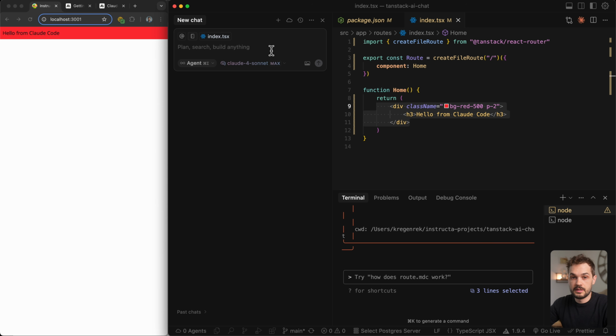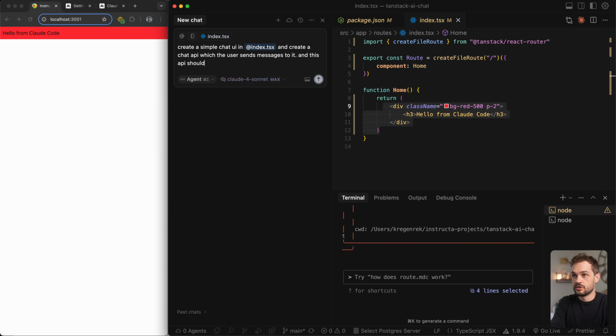For example, if you want to build a simple AI chat or a chat API, then we write here: create a simple chat UI in index.tsx, which is this file, and we want to use the home route for the front end of the chat AI, and create a chat API, which the user sends messages to. And this API should just return a mocked dummy response. Mocked and dummy just means that we are getting predefined results and don't connect it to a real API. And we are going to save this inside